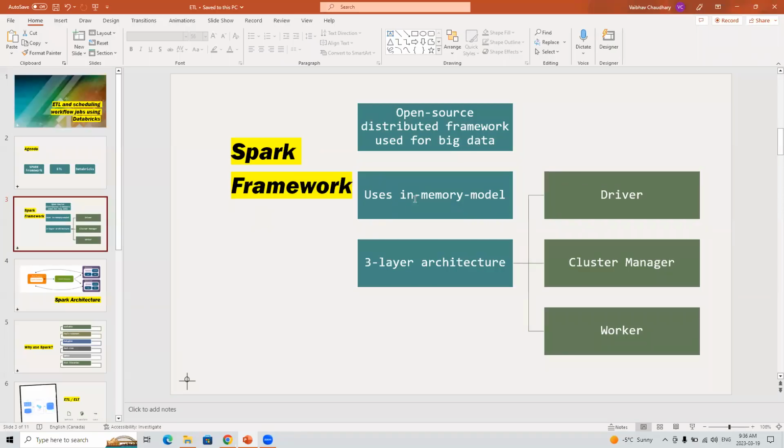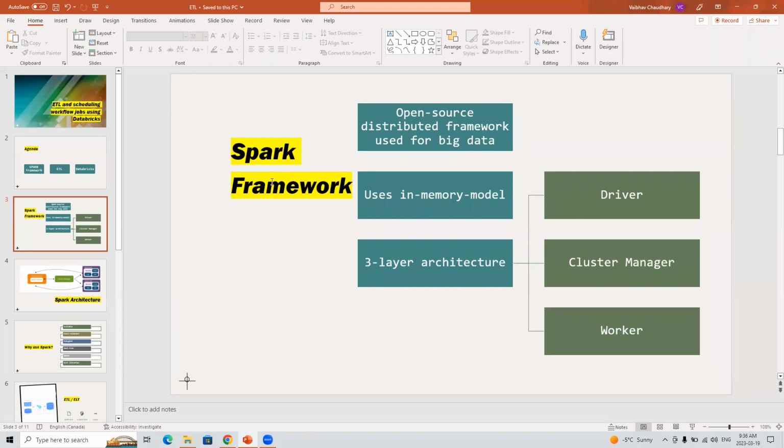And it uses an in-memory model. In-memory model, as in there are two things. First is Hadoop and second is Spark. Spark is a framework that has come after Hadoop. Earlier, maybe 5-6 years back, when Spark was not in the picture, it came much earlier than that, but it was not as popular.